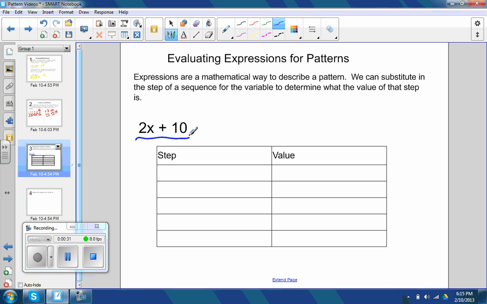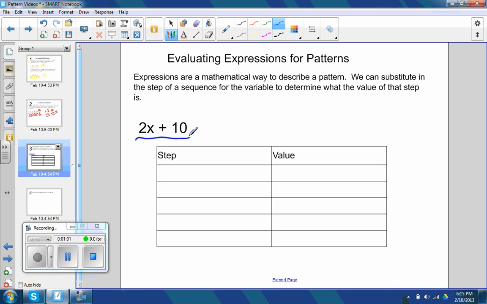But when you're doing it connected to a pattern, you have to substitute in values for x, because this pattern describes something. It describes what happens in each step of that pattern. So what we can actually do is substitute the number of the step. We could say, what's the 10th number in that pattern? Or what's the 100th number in that pattern? And that helps us figure out what would happen in the future, or to predict prices for something, or to